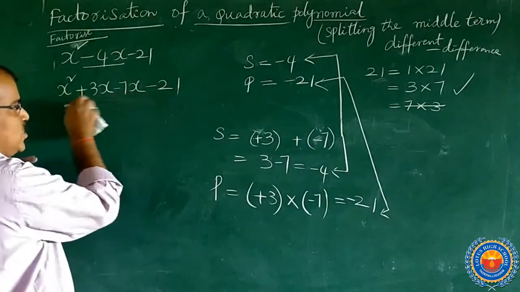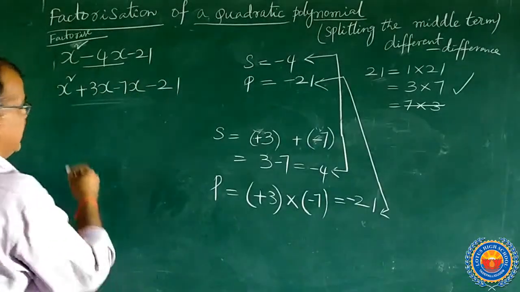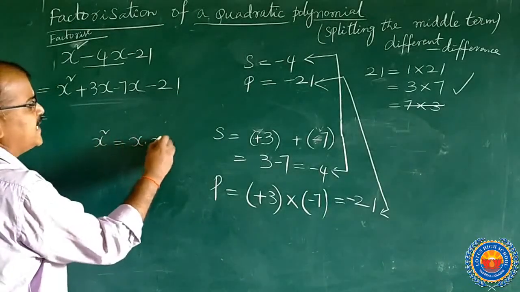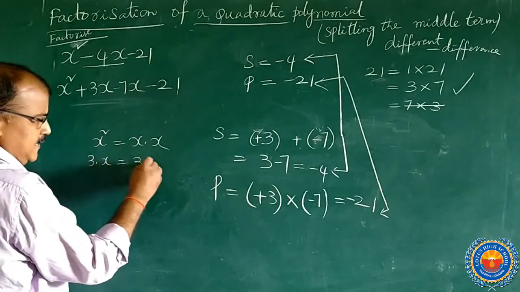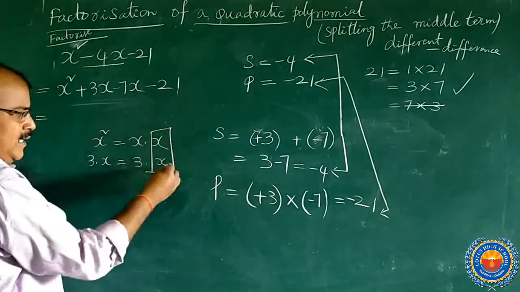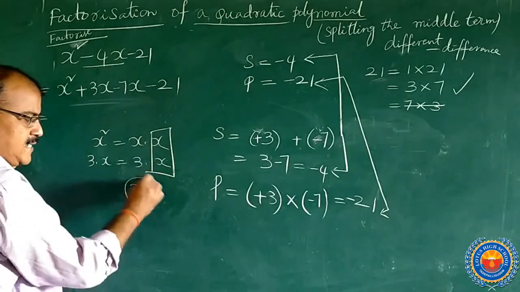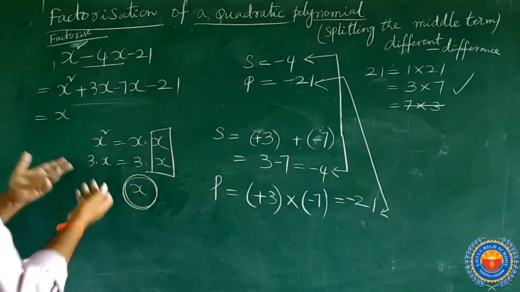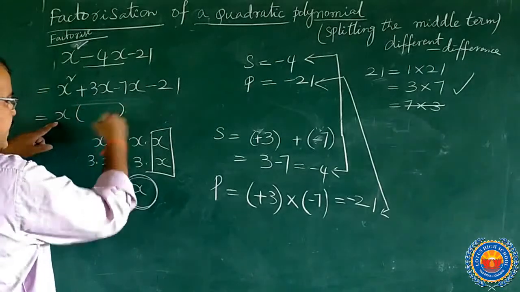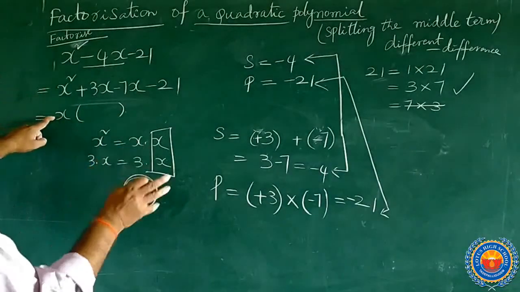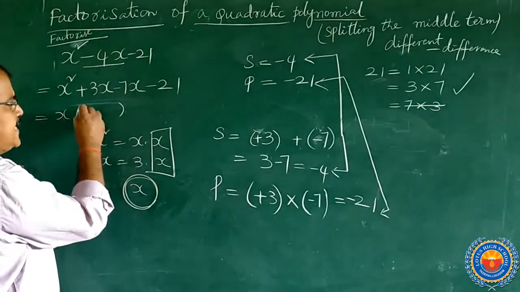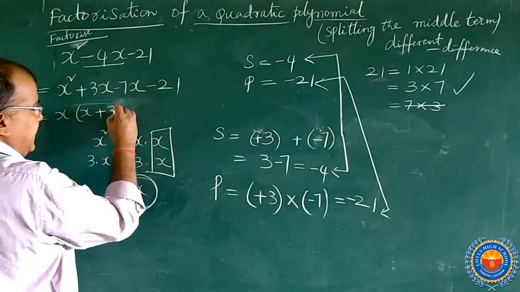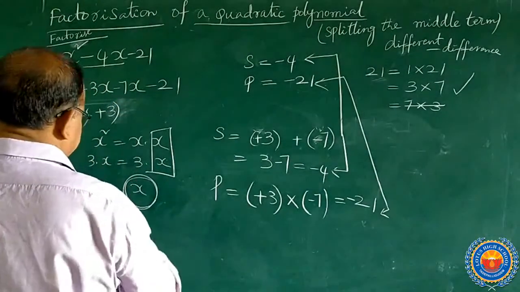Now, as it is, you know very well, you can take factorization, normal factorization. So here x square is x into x, and 3x is 3 into x. In this, which is common? x is common. This is the highest common factor, so you take x. In the bracket, x square by x gives x, otherwise you can do normal division also. Next, 3x by x is nothing but 3.